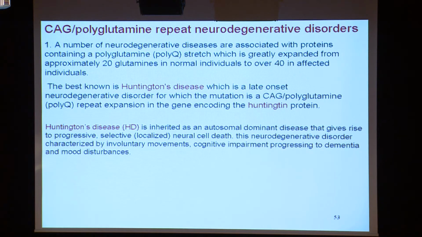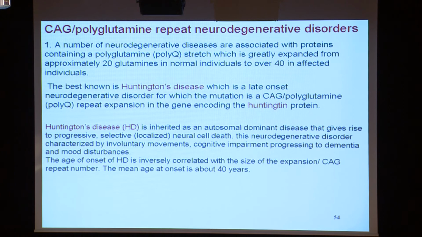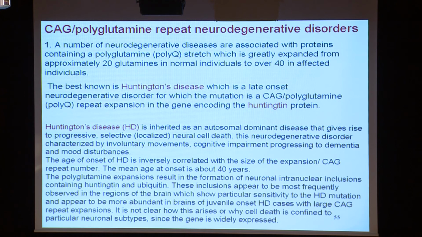And the expansion of the CAG codon is directly involved in the disease because the age of onset of Huntington's disease is inversely correlated with the size of the expansion. So the longer the expansion of the CAG repeat, the earlier the onset, and the mean age is about 40 years, so it's rather devastating for the individuals involved. So, as mentioned,